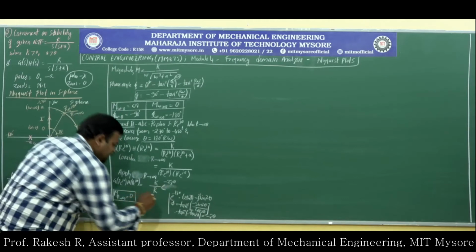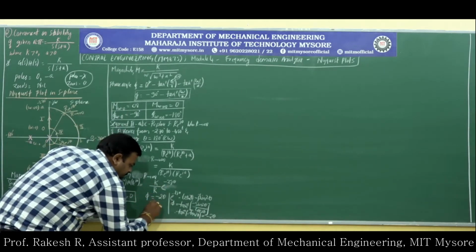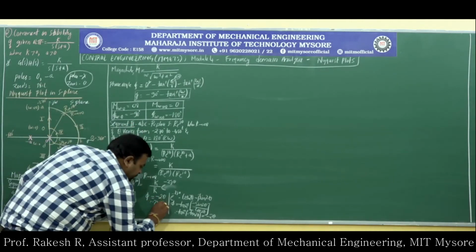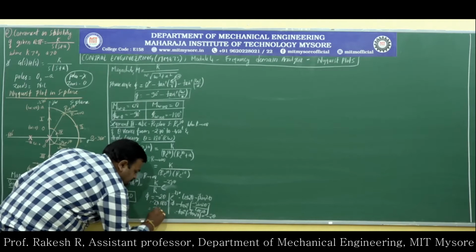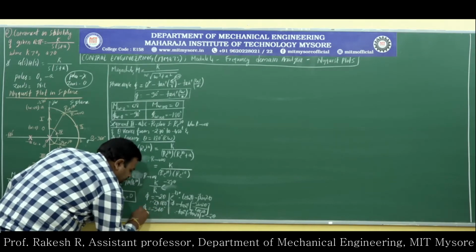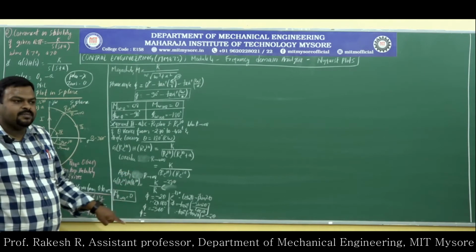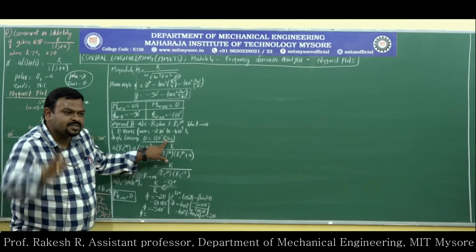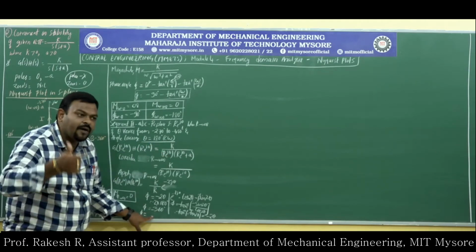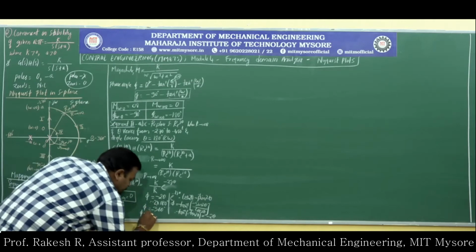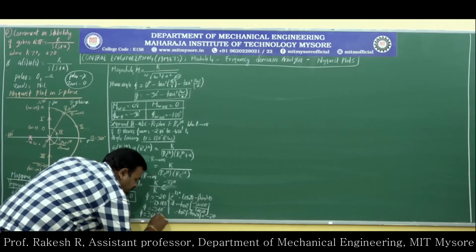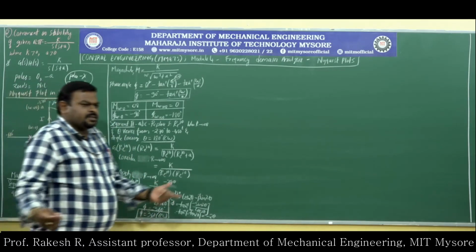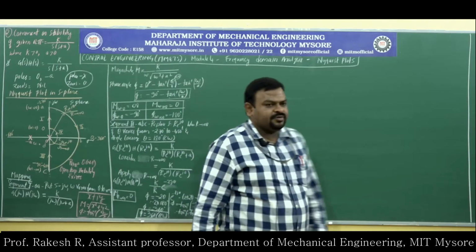The same thing I will be writing here: minus 2θ, minus 2 into, what is θ? θ is 180 degrees, 2 into 180 is 360, so φ will be equal to 360. So you got minus; minus indicates it is in reverse direction. Here it is clockwise, since you got minus, it is opposite to clockwise, it is counterclockwise. So 360 degrees counterclockwise. This is the phase angle. Second segment is over. Then let us go to the third segment.